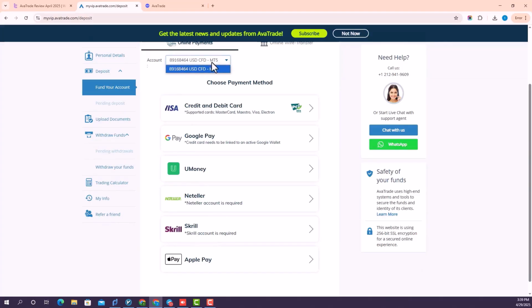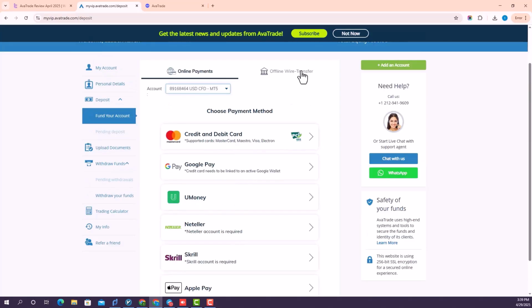You select your trading account and see the methods offered to you, which include credit and debit cards, U-Money, Nutella, Google Pay, Skrill, and Apple Pay. Through these methods, you can fund your account and offline wire transfer